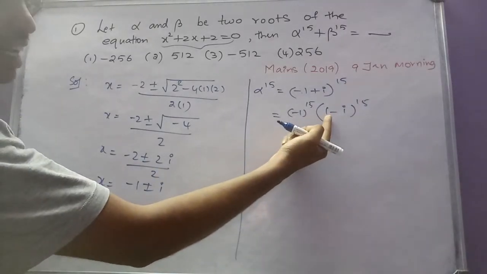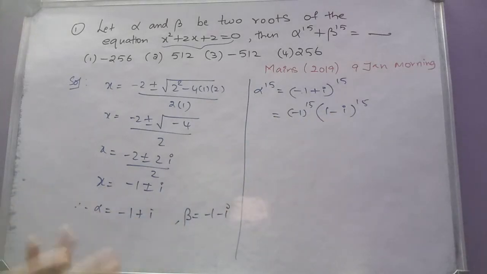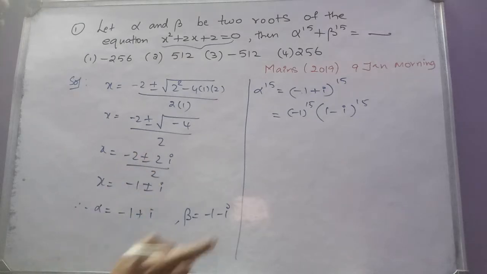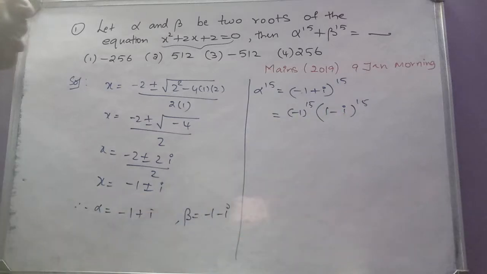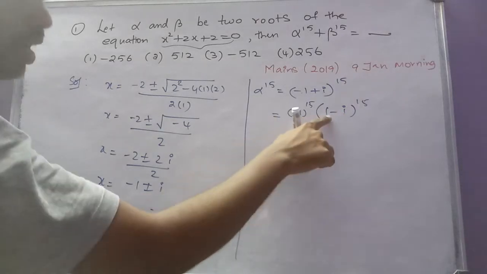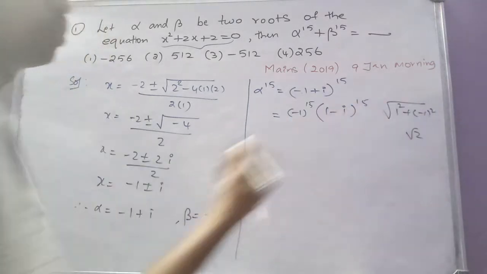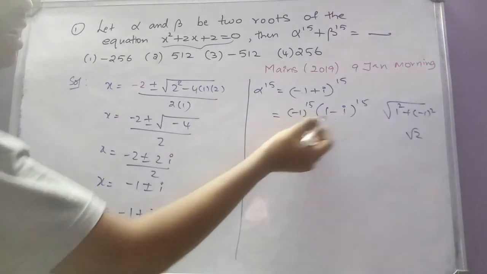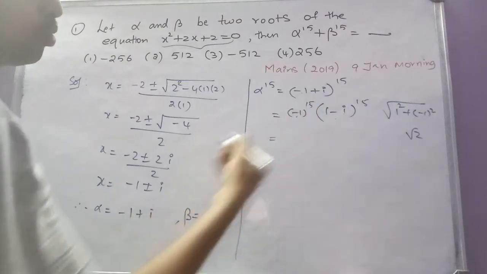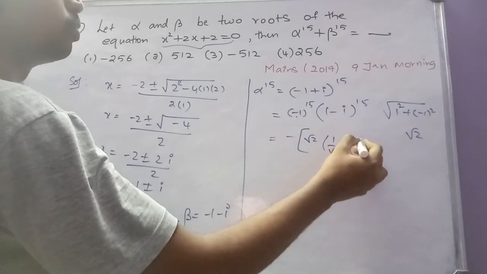Let us convert the thing inside in the form of cos theta plus i sin theta, or cos theta minus i sin theta, whatever it is. For this we are supposed to divide with root over a square plus b square here and here, right? So root over a square plus b square, a is 1, b is the coefficient of i, that means minus 1. So root over 1 square plus minus 1 square, which is nothing but root 2. So let us multiply and divide the numerator and denominator with root 2 inside the brackets. So minus 1 power 15 is minus. Inside the brackets, I have multiplied with root 2 and I have divided with root 2.